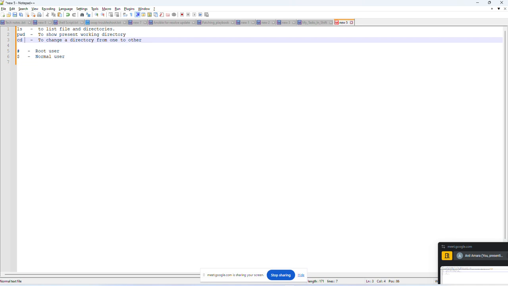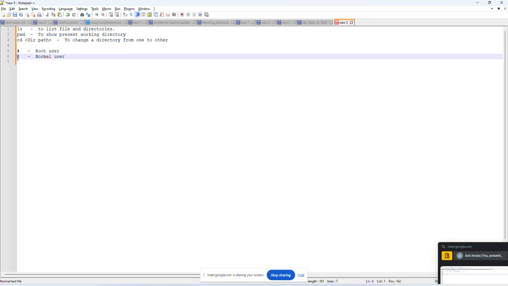cd directory path. So this is how you will change from one directory to another directory: cd and the directory path. You will move to whatever directory you have mentioned. And hash is for root user, and dollar for normal user. And the ls command is used to list all files and directories in the current working directory,